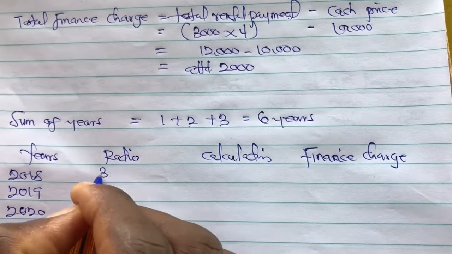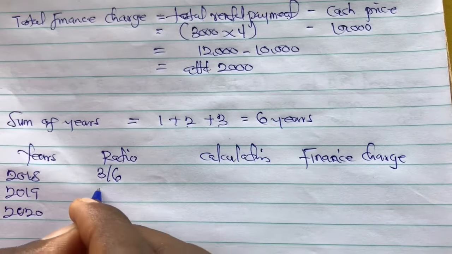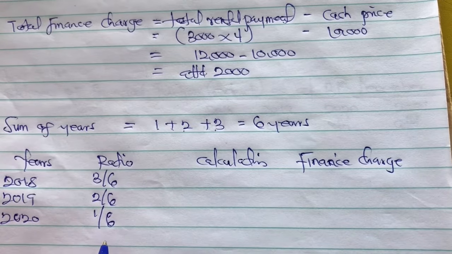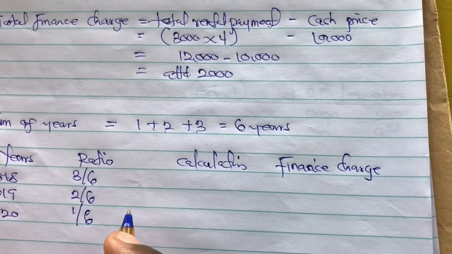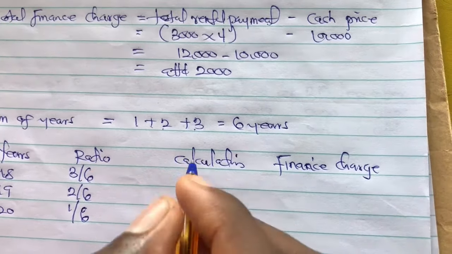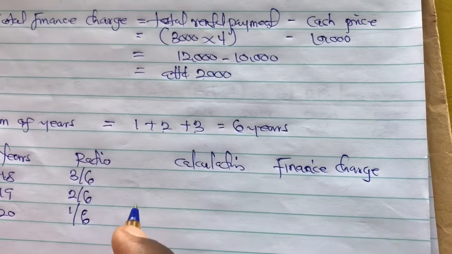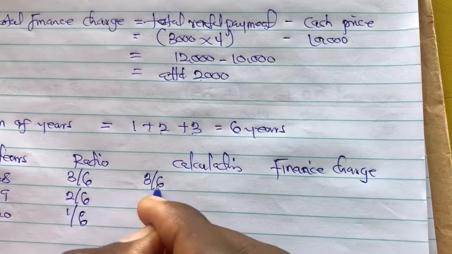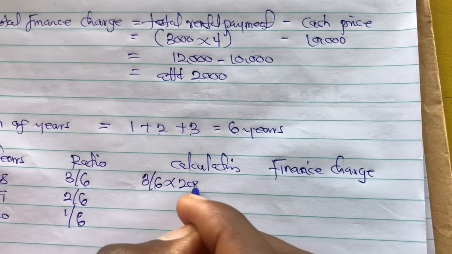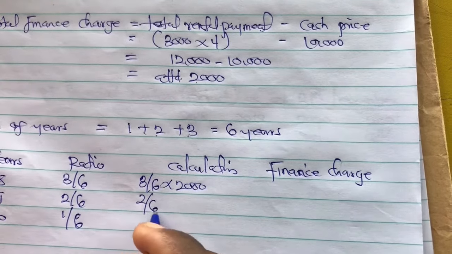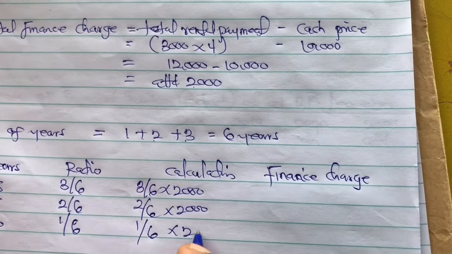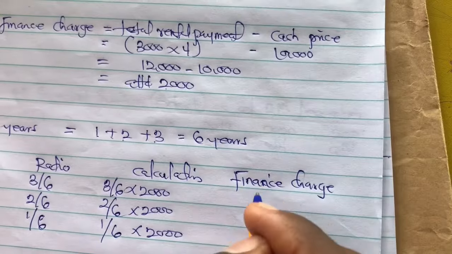So that will be 3 out of 6, followed by 2 out of 6, and 1 out of 6. Is that clear? So what we are going to do is multiply it by the total finance charge, okay, with the calculation. So 3 out of 6 multiplying by the 2,000, 2 out of 6 multiplying by the 2,000, and 1 out of 6 multiplying by the 2,000. Okay, that is going to give us